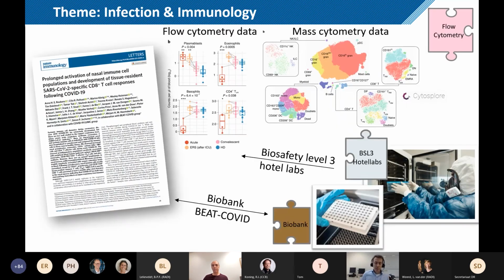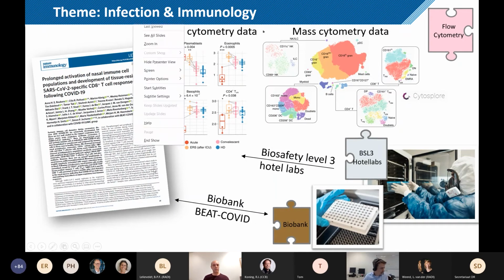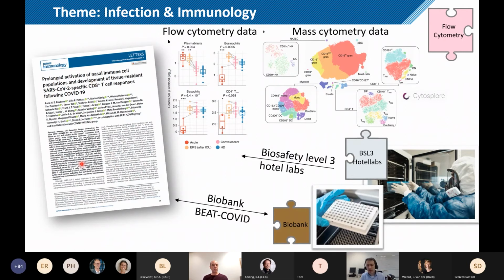Okay, so we start this journey from the research theme of immunology. And here I'm showing you on the left, I'm just going to put my laser pointer on, a recent publication